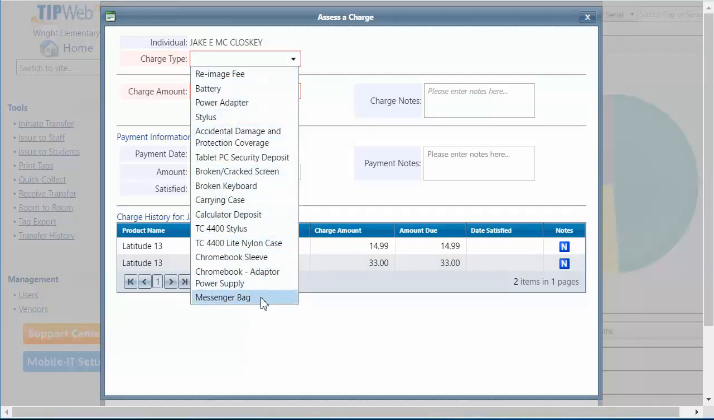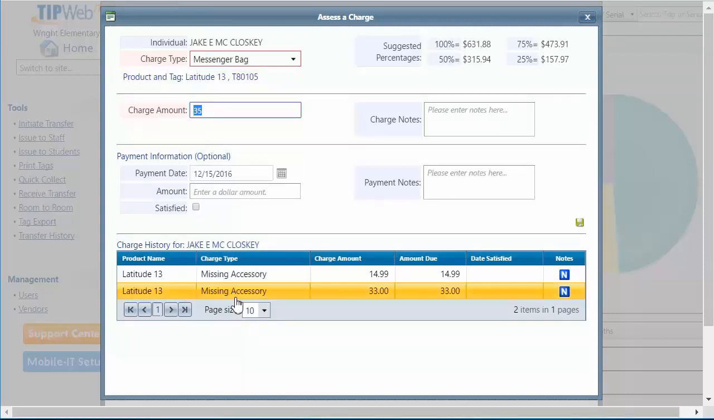If the charge is not listing, you'll need to contact your district administrator and ask them to add the charge so that you can locate it in the drop-down menu. Go ahead and select your charge. Next, you'll note charge amount will populate. You can leave any charge notes you would like to,